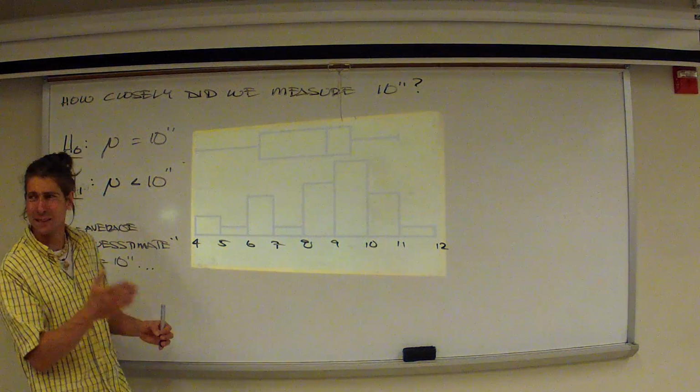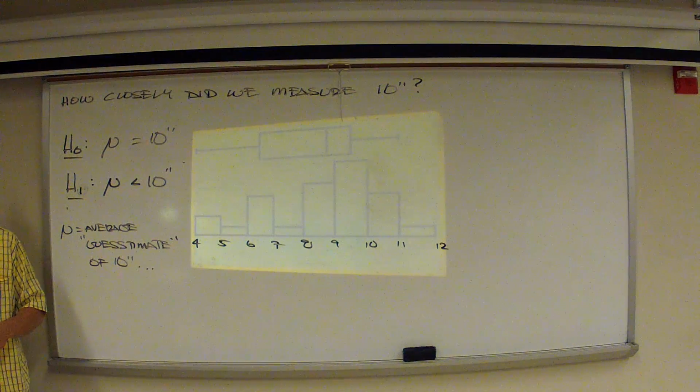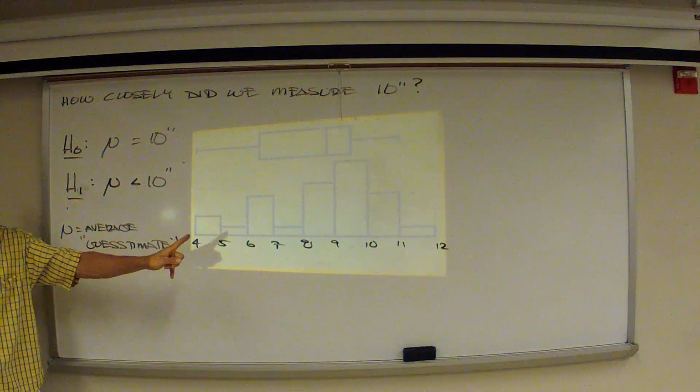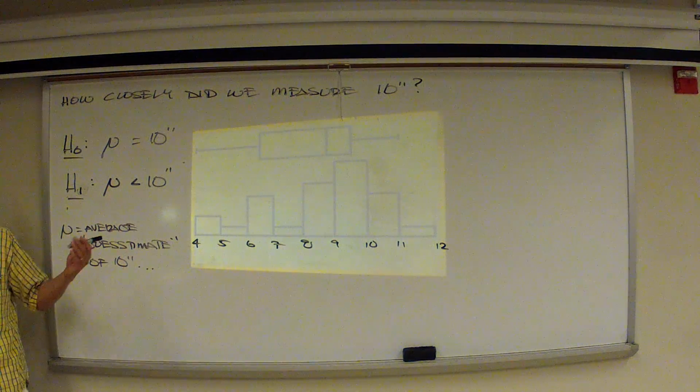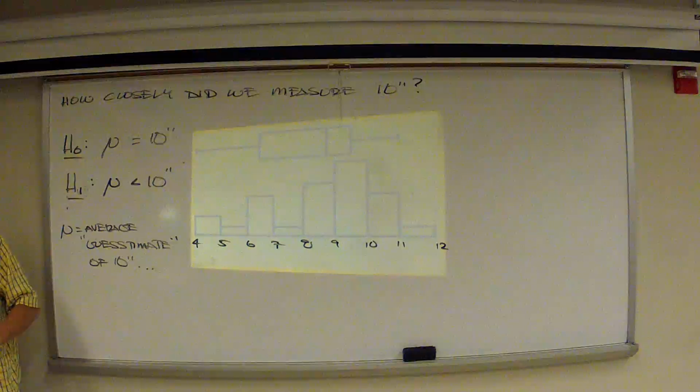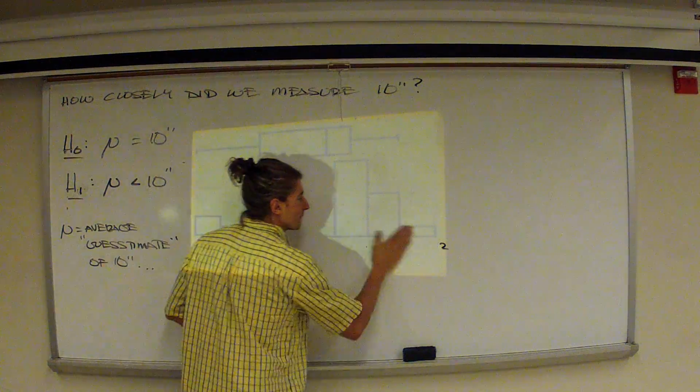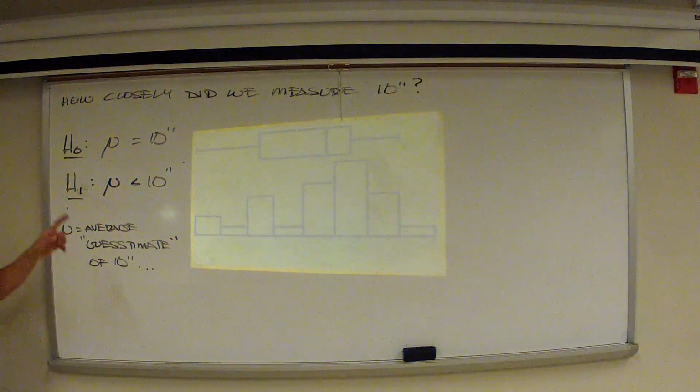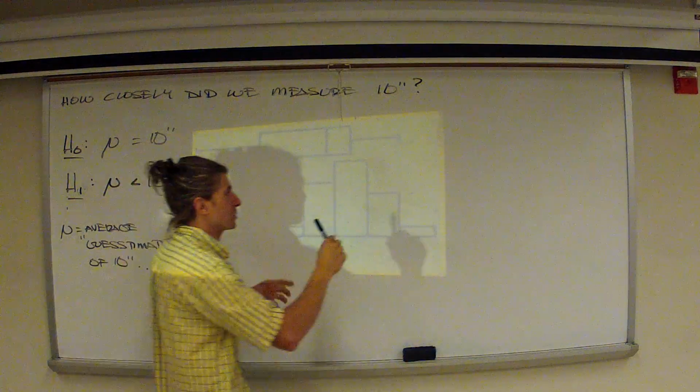I think sometimes it's a mystery as to why I always make the X max one more than my highest value. That's why. If I didn't, I wouldn't see that last bar. All right, so let's run it. We've got ourselves some hypotheses. We now need a test statistic, a p-value, and then a conclusion.